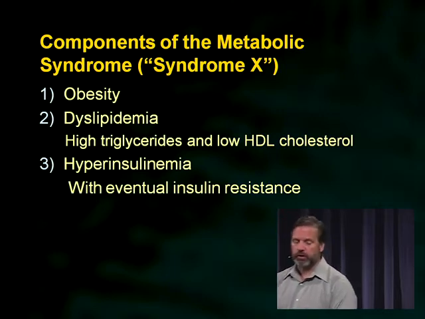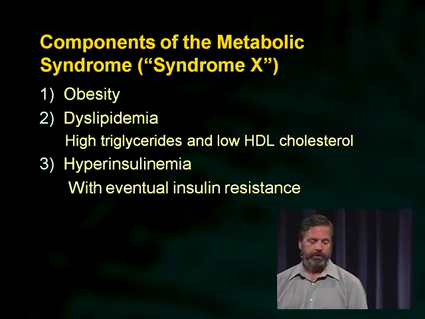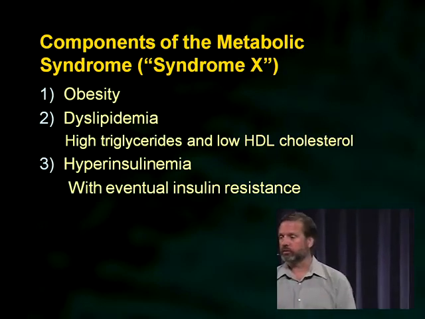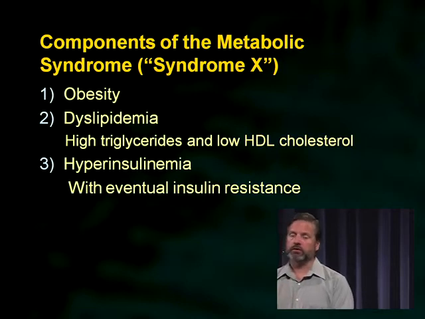Many of you have probably heard of the so-called metabolic syndrome or syndrome X. This is the syndrome that involves obesity, dyslipidemia, and hyperinsulinemia. And you get the insulin levels so high that you get this insulin resistance, and it becomes a vicious cycle, right? Because insulin is pro-metabolic, and so if you develop insulin resistance, you're producing more insulin. Because of that resistance, you need to produce more insulin to get the effect, and insulin is very pro-metabolic, so it's going to make losing weight even more difficult.